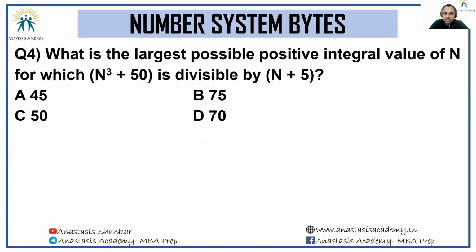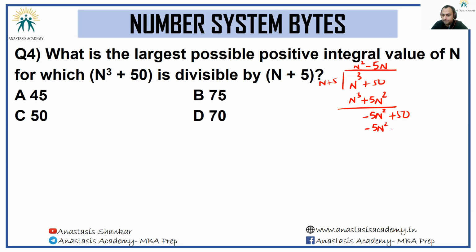Next question, what is the largest possible positive integral value of n for which n cube plus 50 is divisible by n plus 5? Okay. The technical way of solving this would be along these lines. n cube plus 50, let me divide it by n plus 5. And then first it will be n square. So I get n cube plus 5n square. I get minus 5n square plus 50. So minus 5n